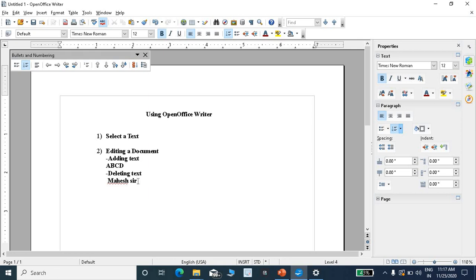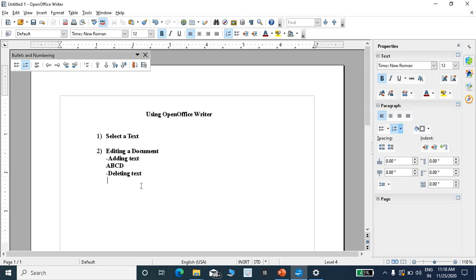Okay. So how to delete? So first of all, by using mouse, you have to select the particular text. Okay. After selecting the particular text, you can press the delete key. See, on your keyboard there is one delete key. Just press the delete key.